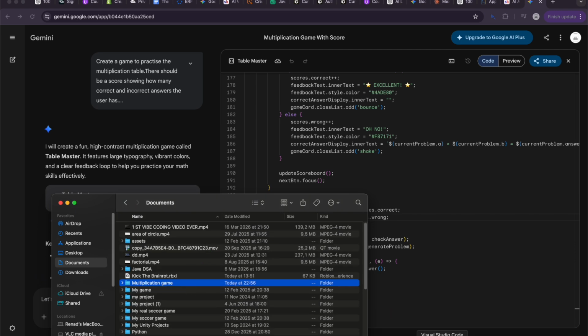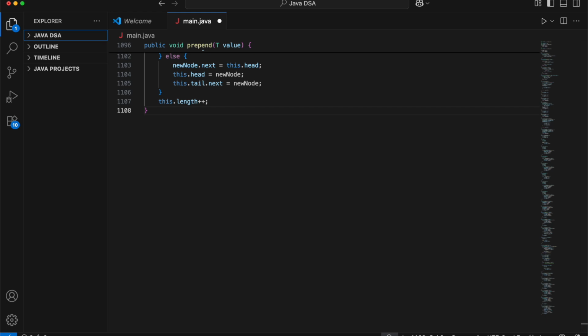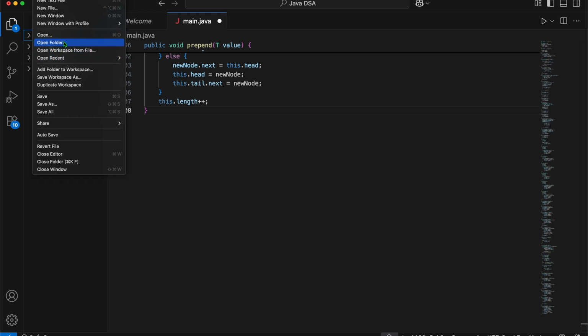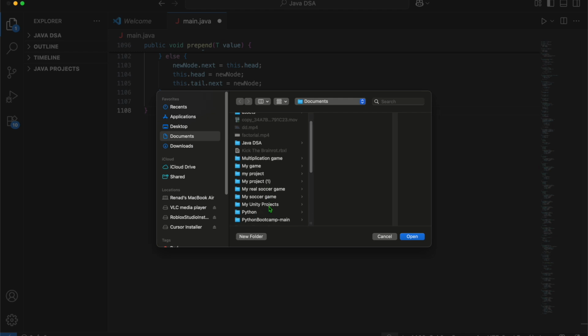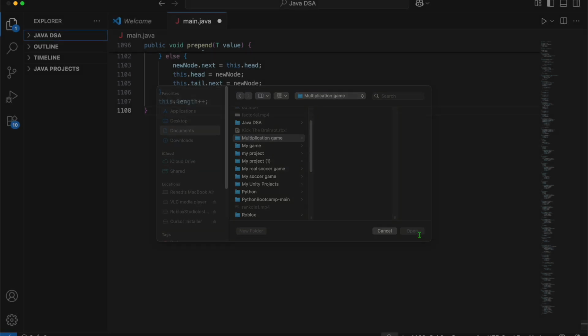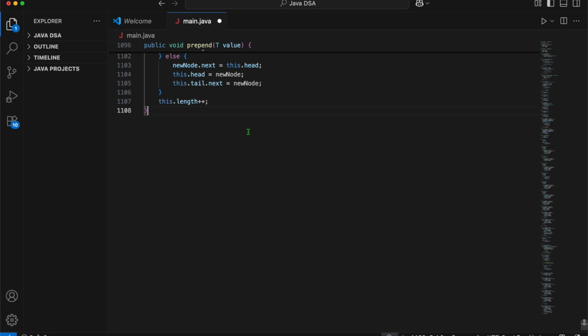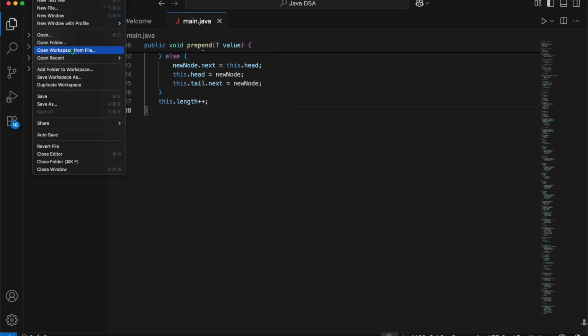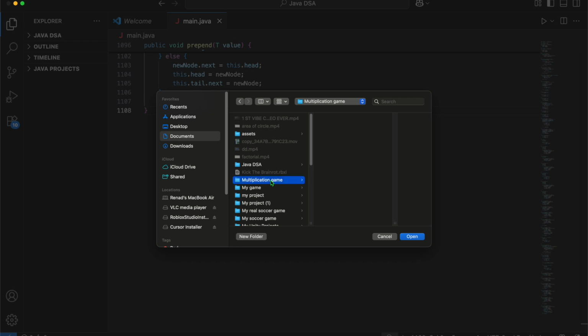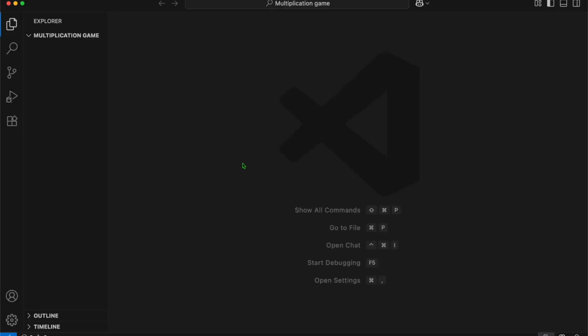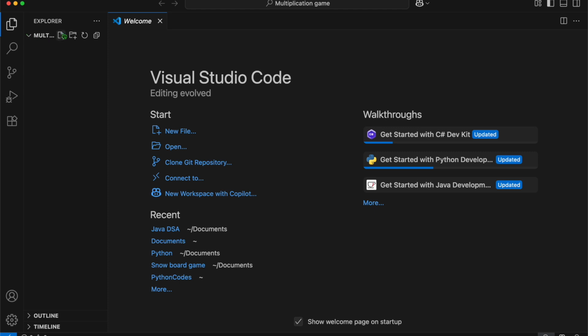Okay. Now let's come over here to Visual Studio Code, open folder, and open multiplication game. Wait guys, let me save this up. Open folder, multiplication game, open. Okay guys, it's opened. Let's create a new script, index dot